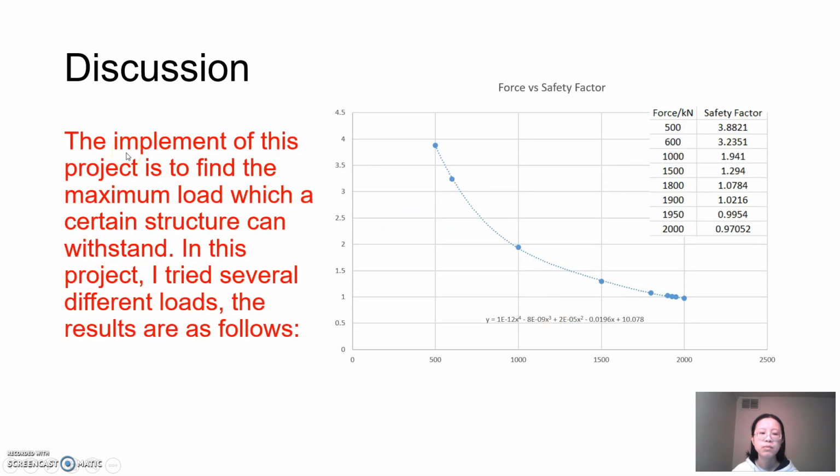The implement of this project is to find the maximum load which this shaft can withstand. In this project, I tried several different loads as in the previous test. The result is as follows. From this curve, I got a trend line and calculated an equation to calculate the force and the safety factors. From the data here, we can know if the required safety factor is 1, the maximum force which can be applied on this shaft is